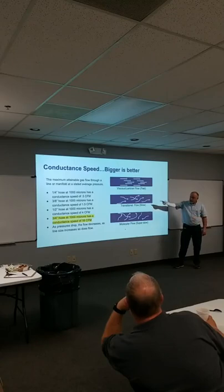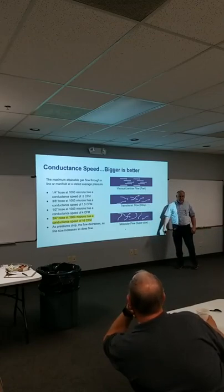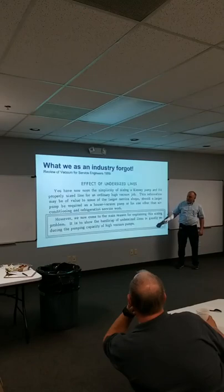3/8 hose at 1,000 microns has a conductance speed of 1.5 CFM, right? 1/2 inch hose, you guys have all seen the Appion Tez 8, right? Appion has 2 black hoses. Why does it have 2 black hoses? Because it's good for 4 CFM each, okay? And a 3/4 inch hose at 1,000 microns has a conductance speed of 16 CFM. If you go back a couple slides here,